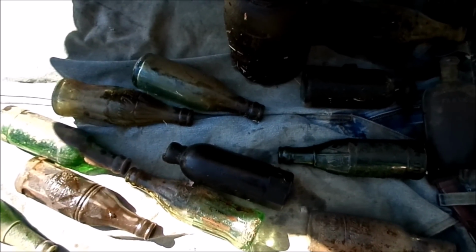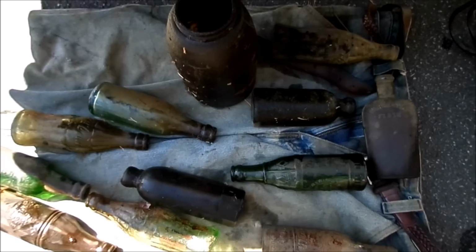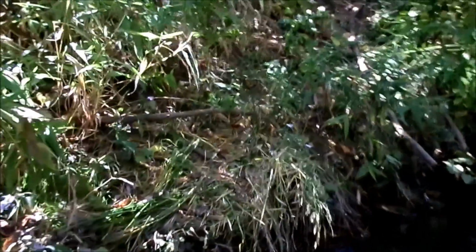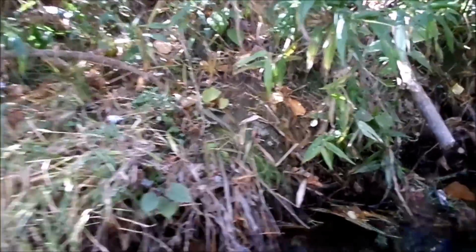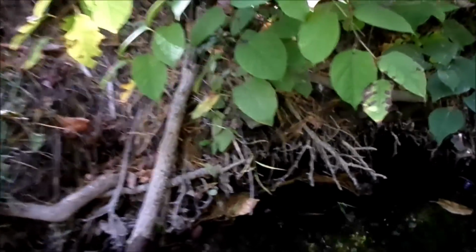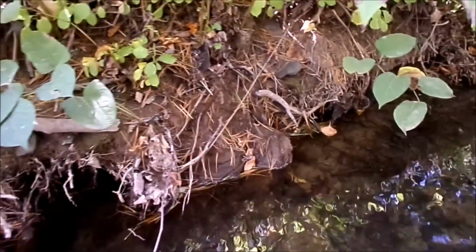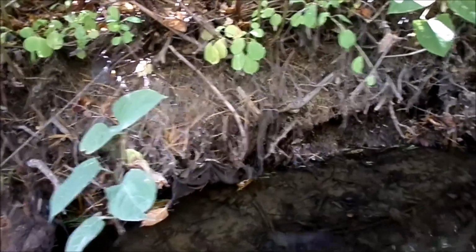Well, there's most of them. I lost a couple on the way back because I had to carry this many bottles. And now it's impossible. Okay, I'm checking the shoreline, that is, because the 2 hutches came out right close to the edge. And they were a good 200 feet apart too, so the hutches are what we're after, especially one from this town. I don't know what it's worth, but I would say it's one of the best hutches from the state of